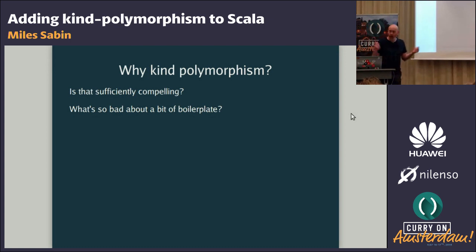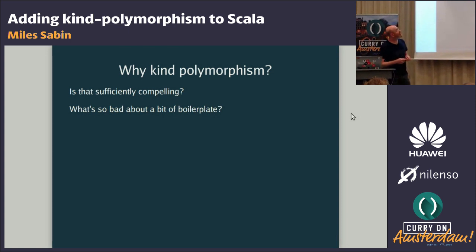Okay. So why? Is that enough? Is that really compelling? Kind-polymorphism is a fancy, highfalutin term. Just to let people down quickly, there's not going to be really any theory about this stuff. This is more of a conversation about programming language pragmatics, I think, rather than anything else, and ergonomics. So you might be concerned that kind-polymorphism opens up all kinds of potential interesting, nasty holes and complexities in our type system. Is Girard's paradox lurking in the background somewhere? Should we be worried about that? Is it really worth introducing